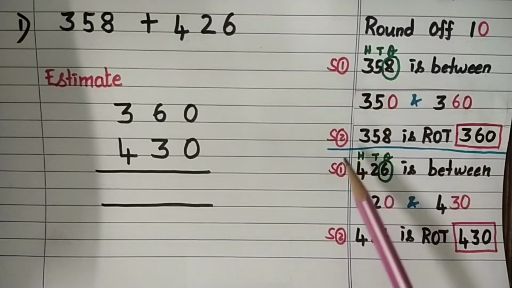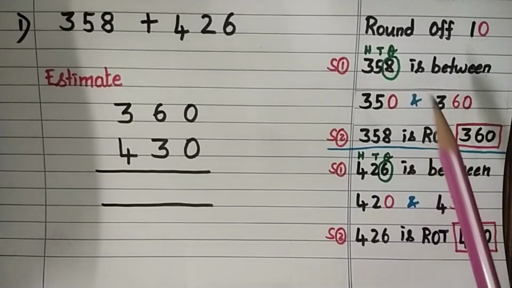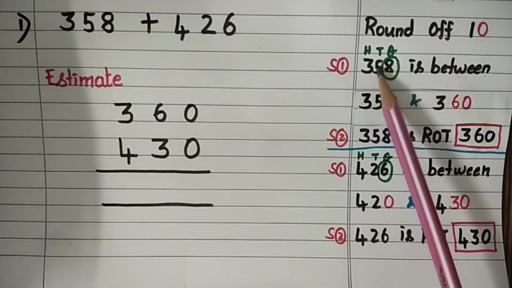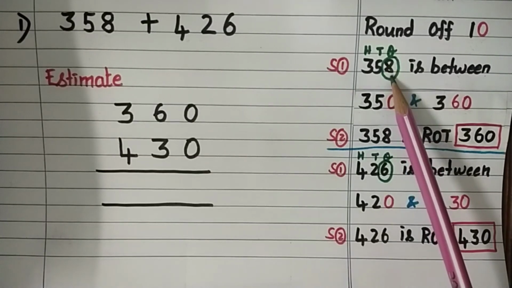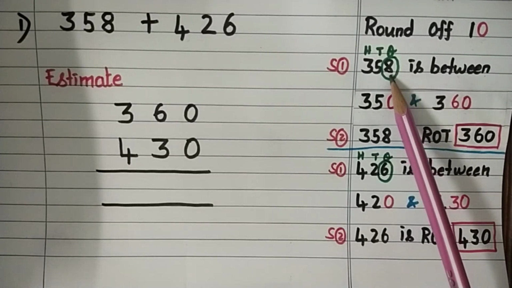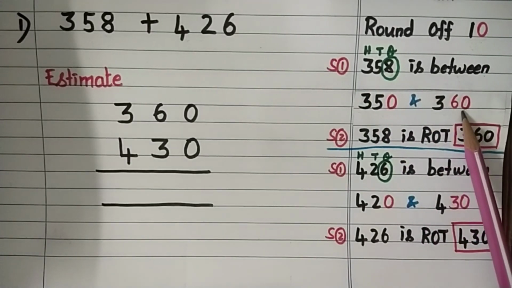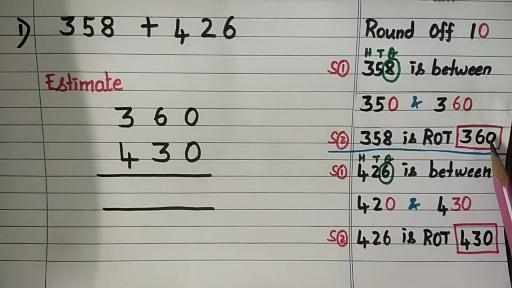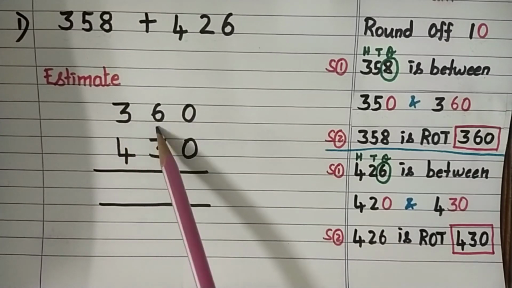After finding step 1, now we are moving to step 2. Step 2 is what? You have to round off. How to round off? To round off to the nearest 10 means you have to see the right side of the tens place. Right side of the tens place is what? Ones place. So circle the ones place, children. What is the number here? It's an 8. Is 8 a strong or weak number? It's a strong number. We need to round up 358 to the up number 360. Step 2: 358 is rounded off to 360. So children, 358 rounded to the nearest 10 is 360.